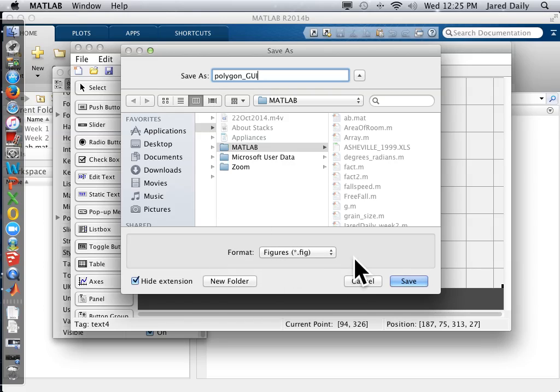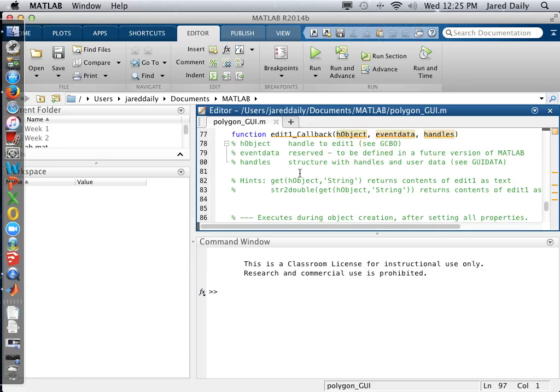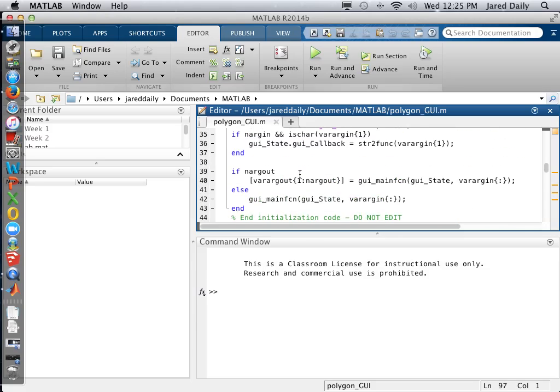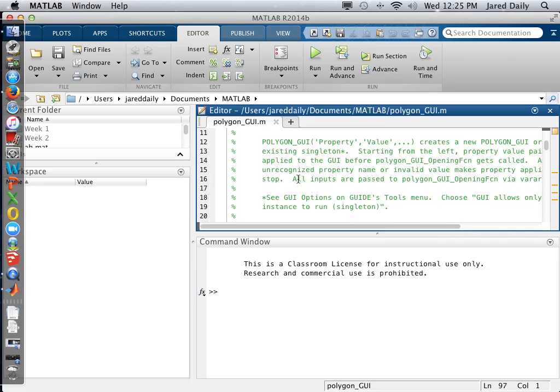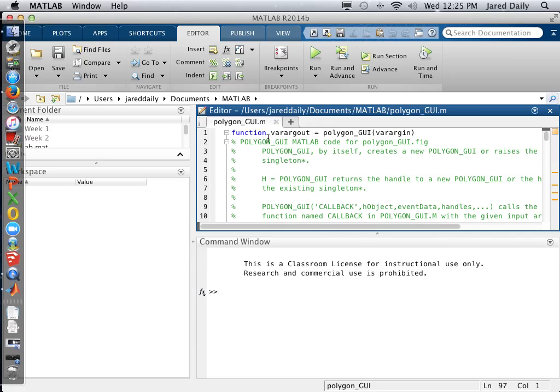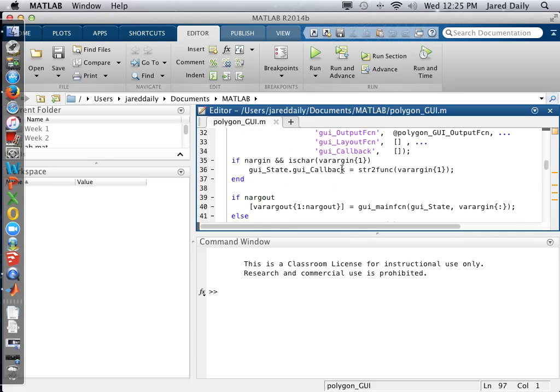It's showing you the format .fig, and that's fine. We'll save it, and that's great. It'll save it in our current file, and then it brings up in our editor this file of stuff that it's done. This is all the stuff that you just did just by dragging in those three things. Notice that it's a function, and that the function has a name, Polygon underscore GUI. So you've named the function just as you wanted to, and then it put in a bunch of code with